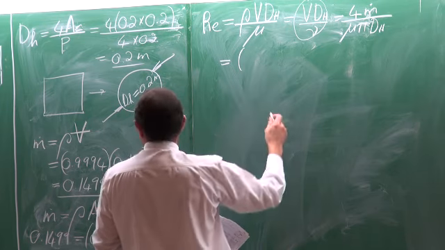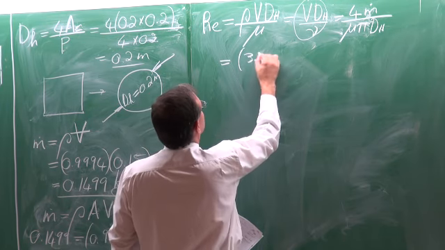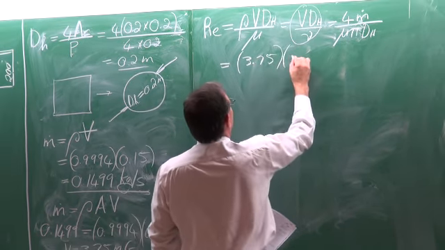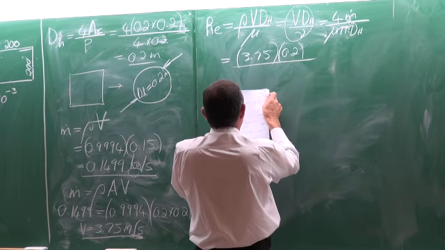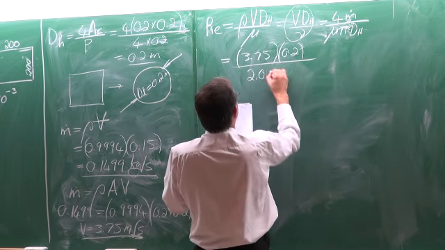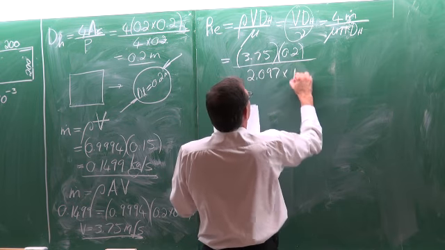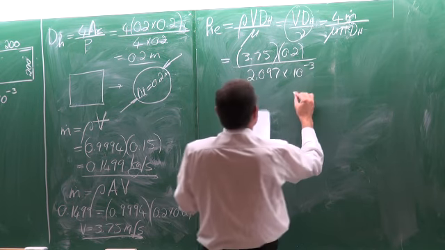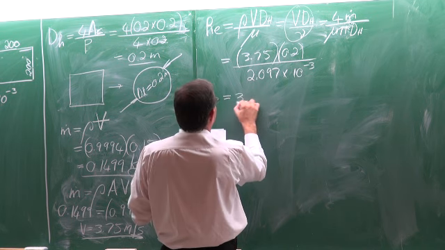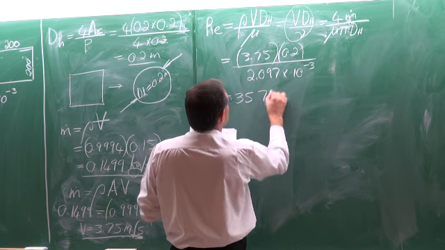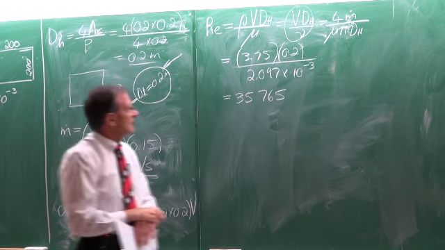Right, so the velocity we have solved as 3.75 multiplied by the hydraulic diameter, which is 0.2, divided by the kinematic viscosity, which is equal to 2.097 multiplied by 10 to the minus 3. And from this, we can solve the Reynolds number as